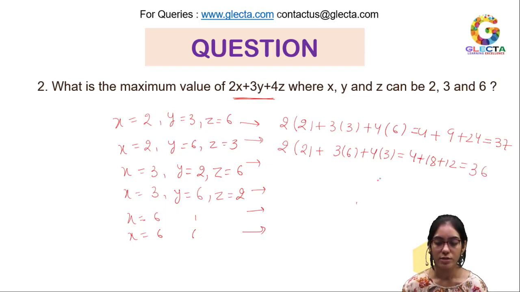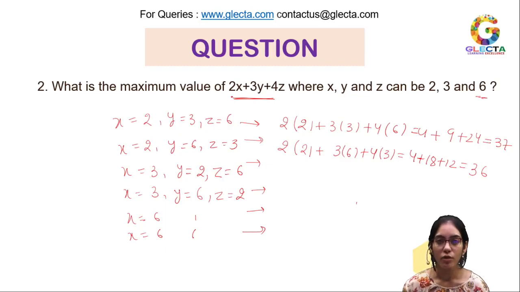Similarly for all these cases, finding the value like this and then working out the maximum value is a very lengthy process. So what we can do is take another approach. See, we have to substitute 2, 3 and 6, and we have to find the maximum value. Multiplying the maximum numbers together will result in a greater number, and adding that greater number in this expression will give a maximum value. So 6 is the greatest number.